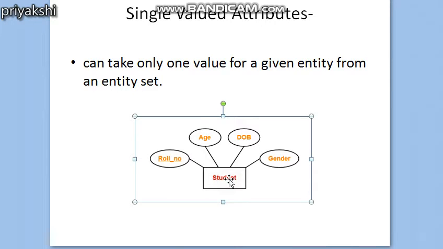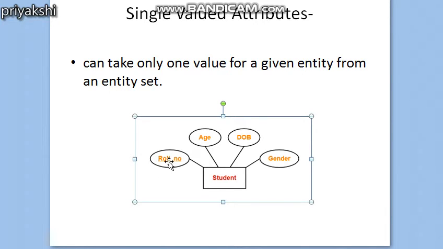For example, a student can only have a single roll number, a single age value, a single date of birth, and a single value for gender.